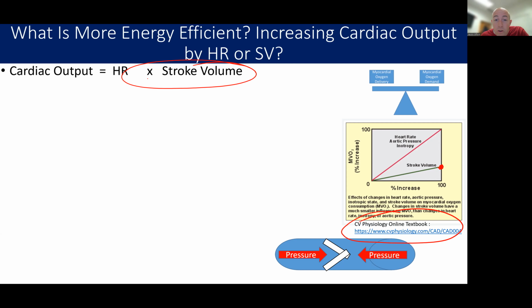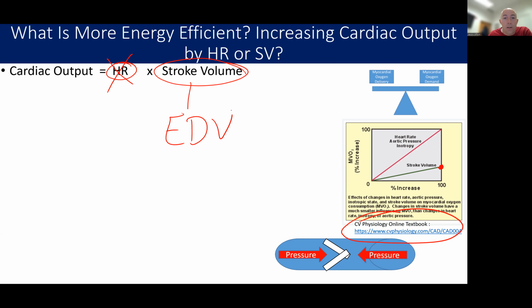Now, for that reason, in most endurance training, you're not going to increase your cardiac output by increasing your max heart rate. It doesn't happen. Your max heart rate stays pretty similar, might go down a little bit. You're going to increase your max cardiac output and your max VO2 by increasing your stroke volume. And a lot of that is going to come by having a greater end diastolic volume,